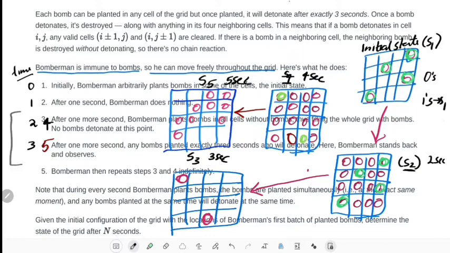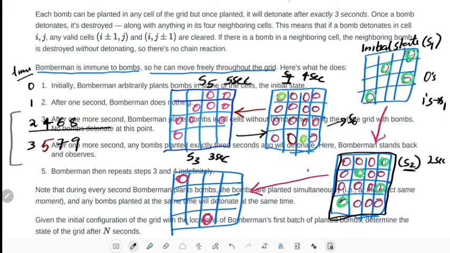Okay, and this process will go on repeating. Next it will go to this step, and next some other new state or one of these similar states will appear. So this process will repeat like this. Okay, let me erase everything. And if you observe a pattern here, at 6 seconds, 7, 8, 9, you can find that at 2, 4, 6, 8, all the output will be all the cells with bombs. So this will be the output.